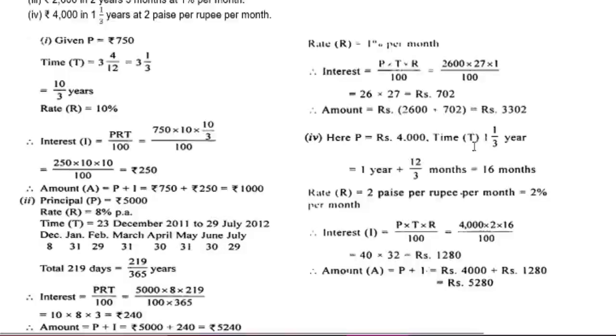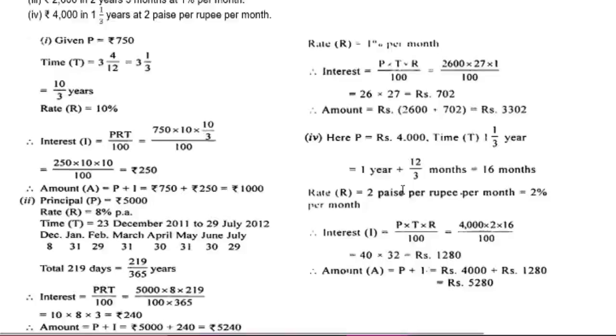Similarly, in the fourth question you can see the amount is 4000, time equal to 1 year 1 by 3 years. That means 1 year 1 by 3 means 12 plus 4 months. So total 16 months. 1 year is 12 months plus 4 months. So total 16 months. Here the rate is given as 2 paise